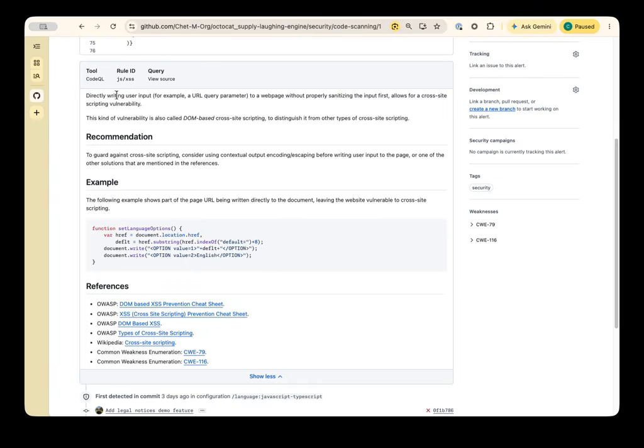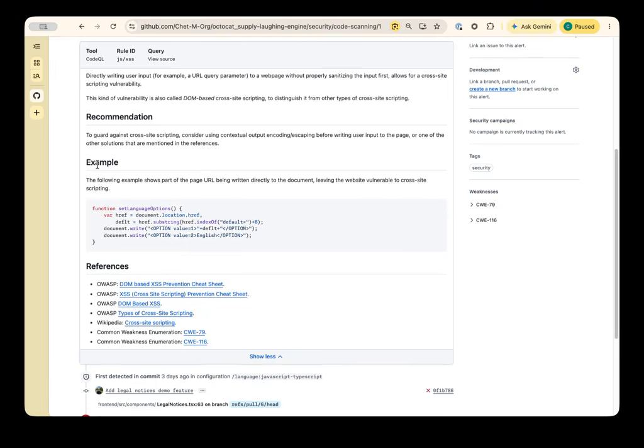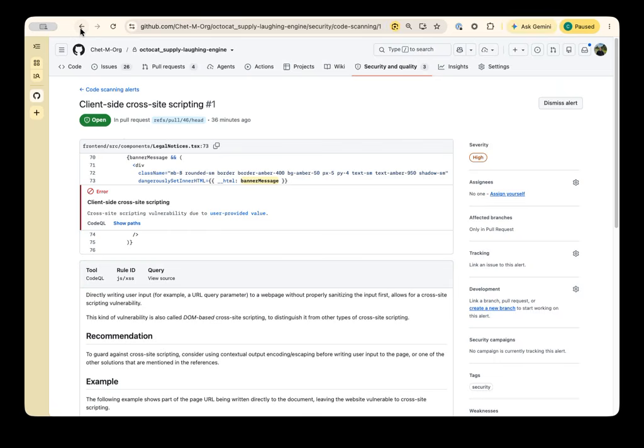So we'll see a high-level overview of what this vulnerability is, a recommendation, kind of best practices on how to prevent these and fix them in the future, and examples of code that your developers can write so they don't introduce them going forward. I found this really useful because the state of application security is always changing. New vulnerabilities are coming out, making it hard to keep up with the state of everything. So if you identify a vulnerability, it's nice to come in and be able to see what that vulnerability is, get some information on it, and know how to prevent it going forward. So going back to that pull request,